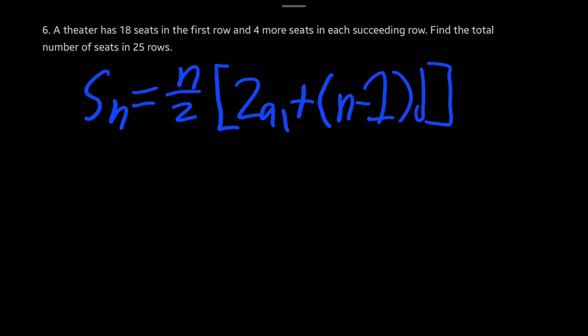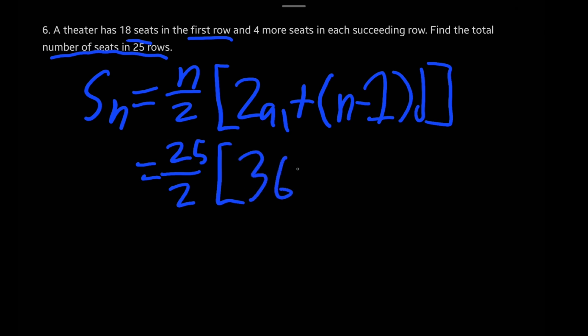Our n would be the number of rows, 25 over 2. The first term would be the 18 seats, as it is the first in the row. So 18 times 2 is 36, plus n, which is 25, minus 1, so 24,